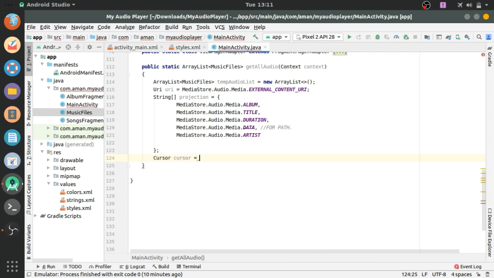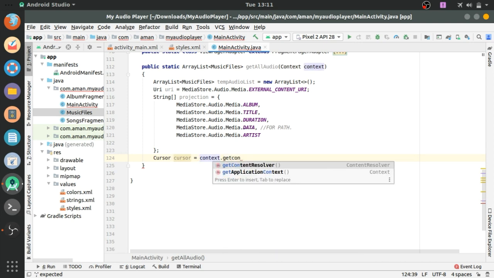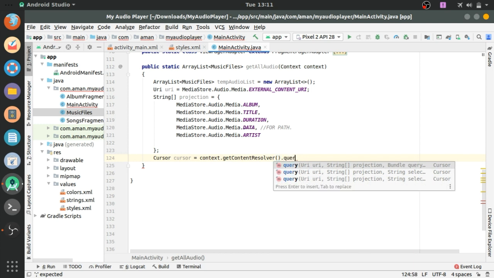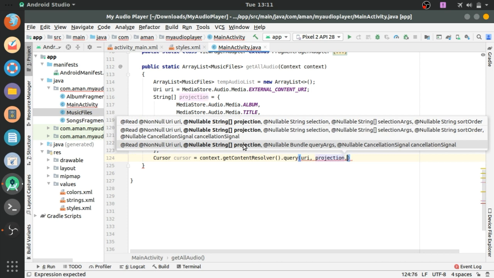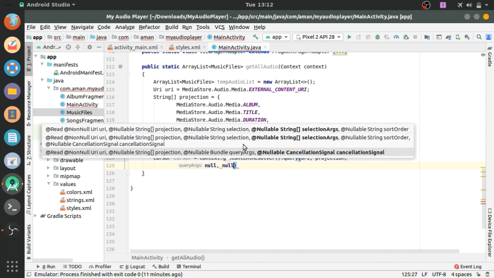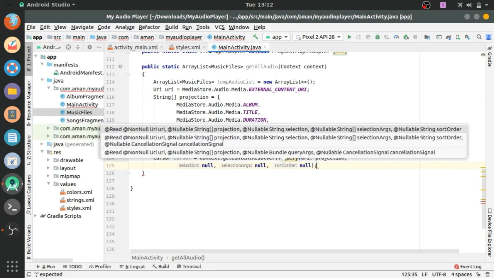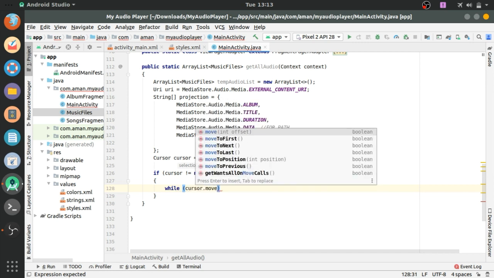Cursor equals context.getContentResolver().query and pass the arguments uri and projection and all the other parameters as null. Now if the cursor is not equal to null, then we will use a while loop, cursor.moveToNext.